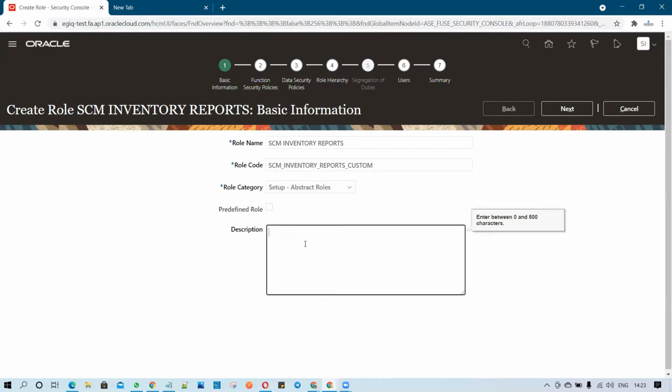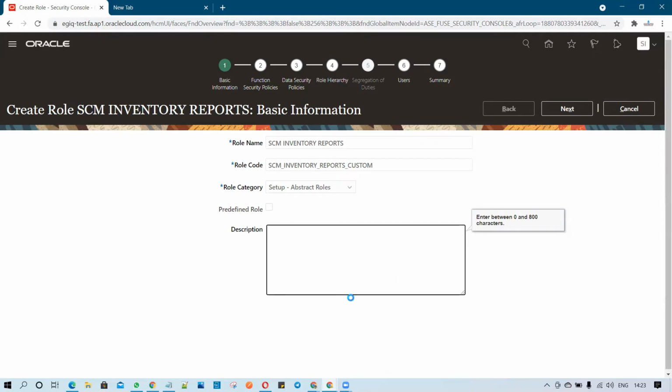That is fine. Because these roles are not predefined, the flag is not enabled. You don't need to enable it because these are custom roles which we are creating over here. Now under the description, you can add what kind of reports are covered by this role.